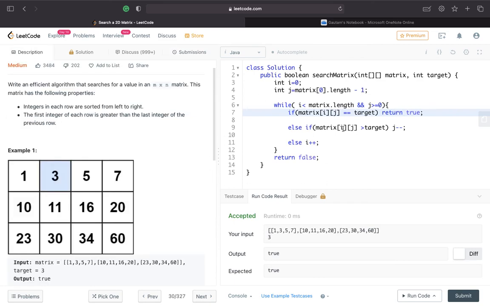We need to just iterate, starting from the top right or the bottom left. We are basically doing this because the matrix is sorted both row wise as well as column wise. Otherwise we couldn't solve this problem with this approach, right? So we started from the top right, iterated through elements, and accordingly we moved one row below or one column behind. Yeah, thank you.